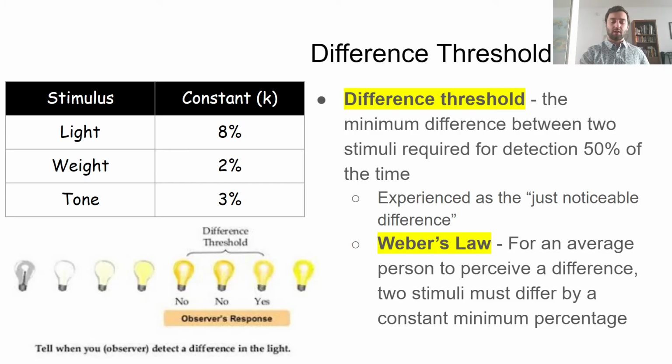As you keep doing that, at the beginning part it's really easy to notice the difference. But let's say you get it all the way up to 30, so it's pretty loud. You turn that 30 up 2, to 32, and you might not actually notice a difference. The reason, again, is that the higher that amount is, the bigger that change has to be, because 3% got bigger. That's the idea of Weber's law, and that's the idea of difference threshold.